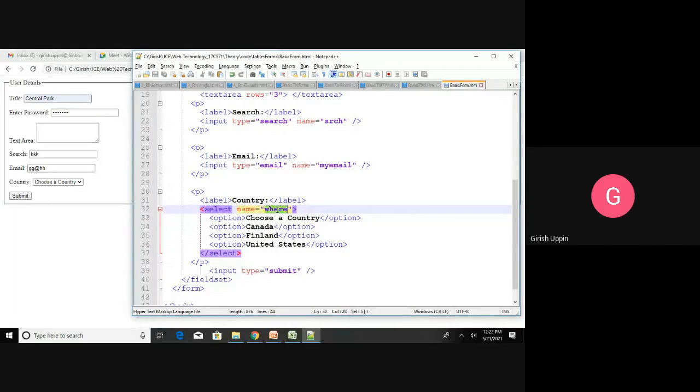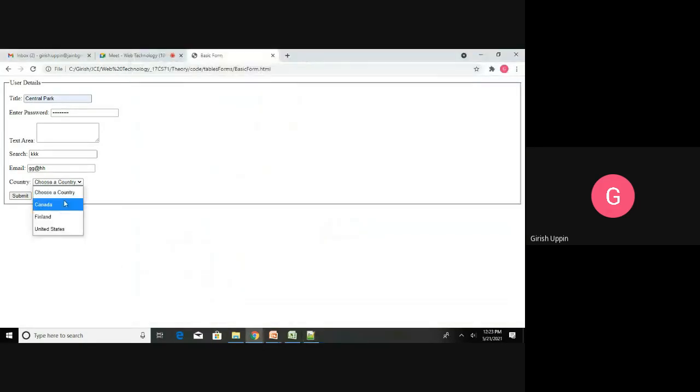Whatever value you give, that value will be stored in the where variable. Then what are the options I have? First option, choose country. Second option, third, and fourth option. These will be shown as a drop down. If I click here, you can see choose a country, and all the options will be shown here. Let us say I select United States. Then this is the end of the paragraph.